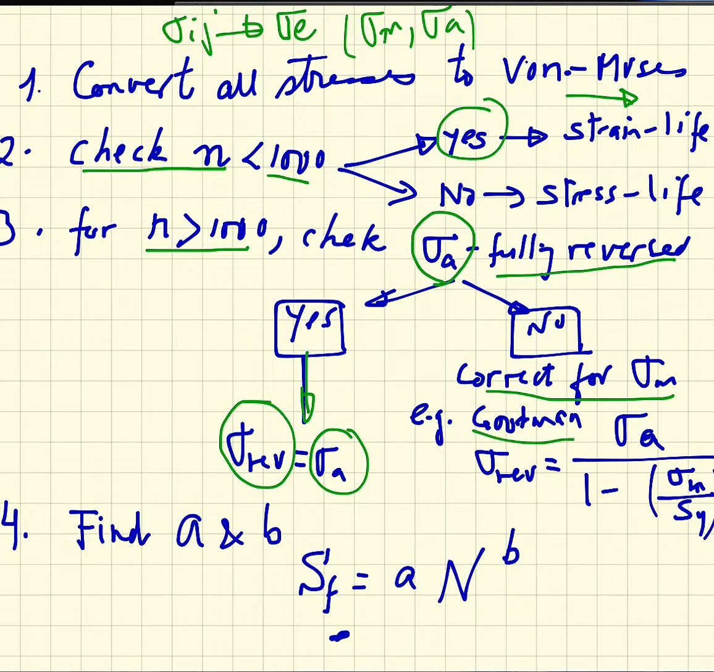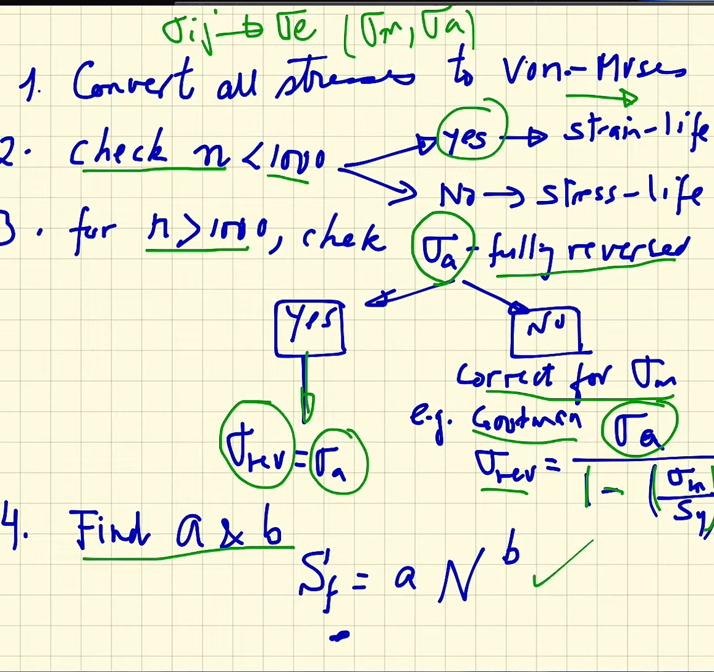For example, the Goodman, we use the relationship, the sigma reversible is the same as sigma applied, but amplified by the damage fraction caused by the mean stress, because 1 minus sigma mean over sy will make a smaller fraction in the denominator, and that would amplify the alternating stress, and that's some way to make a conversion to a reversible stress. And then next we find the constants A and B in the fatigue SN relationship, as you can see here,